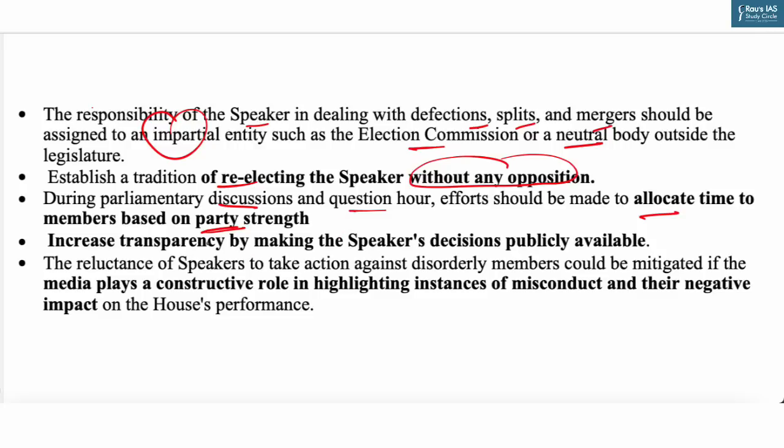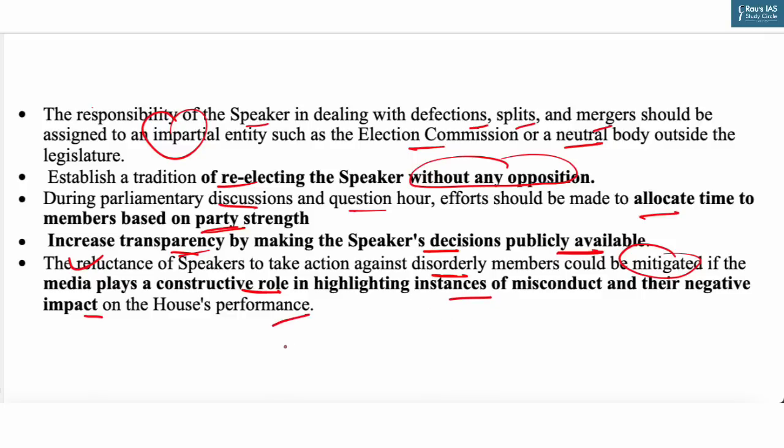Next is, in order to enhance trust in the speaker's decision-making process, it is advisable to increase transparency by making the speaker's decision publicly available. And last but not the least, the reluctance of a speaker to take action against disorderly members should be mitigated if the media play a constructive role in highlighting instances of misconduct and their negative impact on